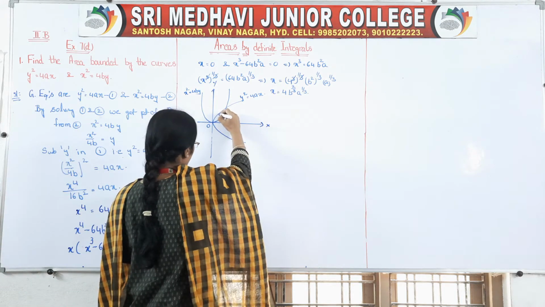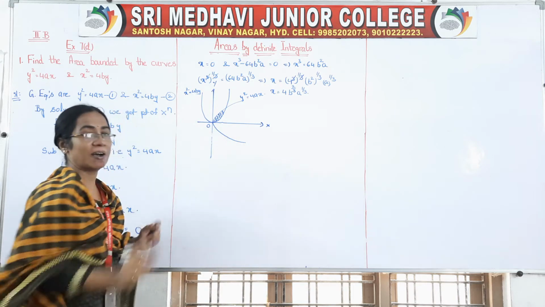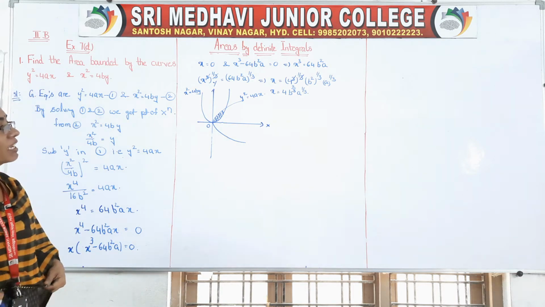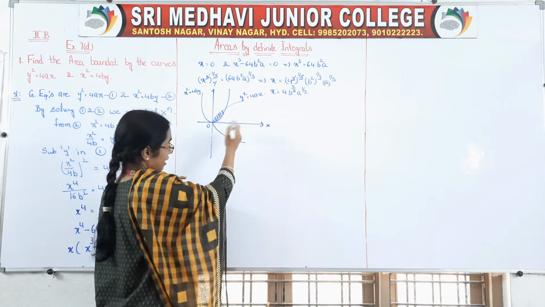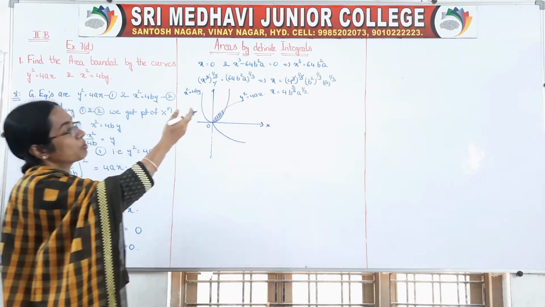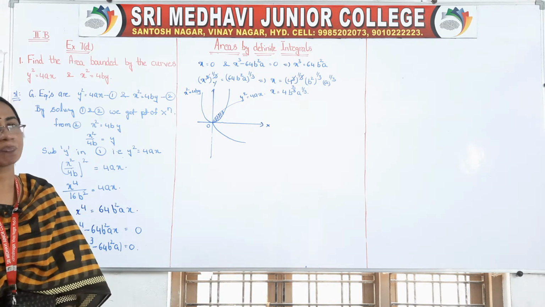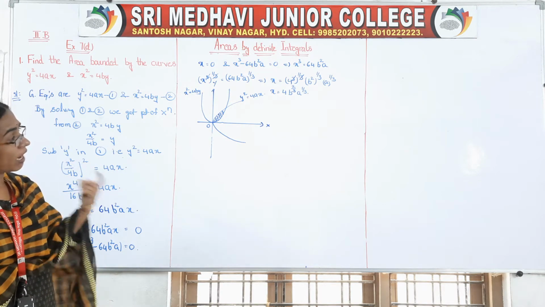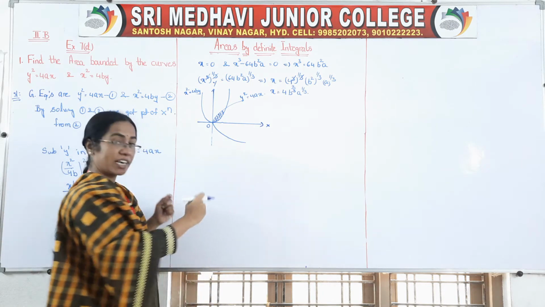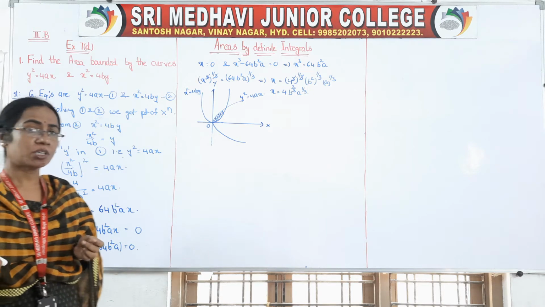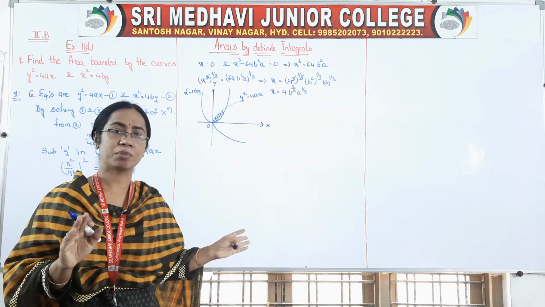So which area we have to find? We have to find this area. Okay, so x is equal to 0 here to here. If you draw a line, that is x is equal to 4b to the power of 2 by 3 a to the power of 1 by 3. Okay, so why we have taken this diagram means now we have to find the area. No need to construct the table. Without table we can construct the diagram here.